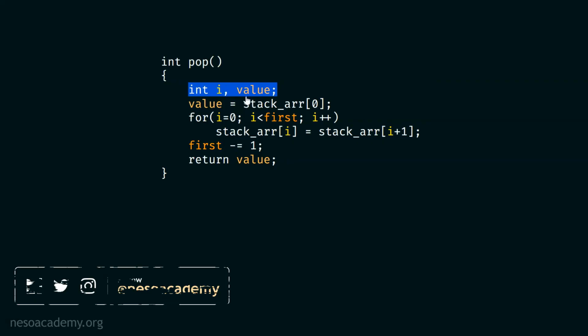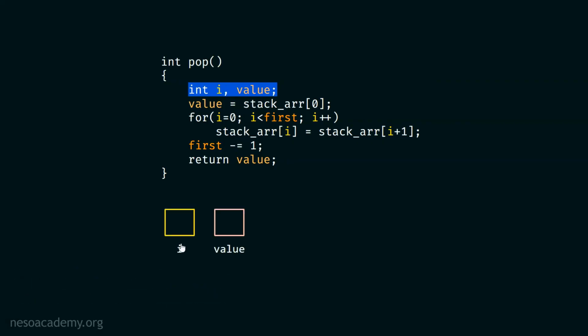We will see what value it will store. So we have two different variables, I and value. After this, we have this line of code, that is value equal to stack ARR 0. We want the topmost element to be stored in the value variable so that later we can return the topmost element of the stack. Stack ARR 0 holds the topmost element of the stack, isn't that so? That is why this line of code is required, because we want to store this topmost element somewhere for the purpose of returning it later.